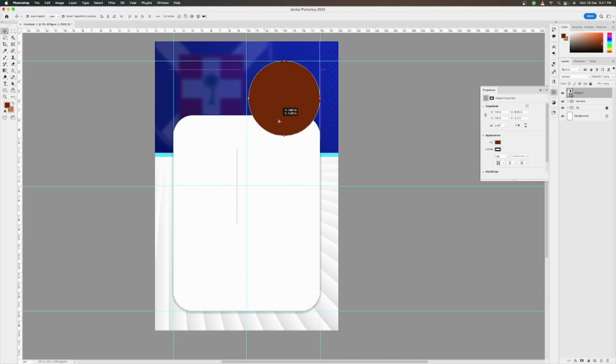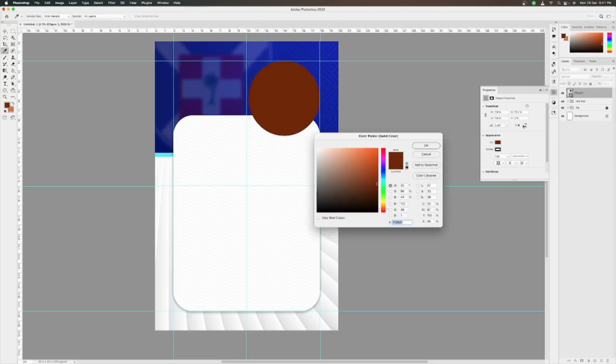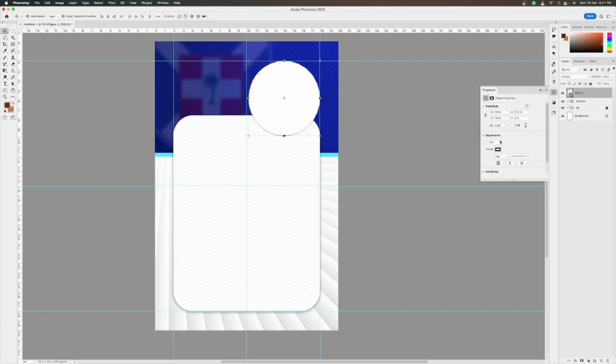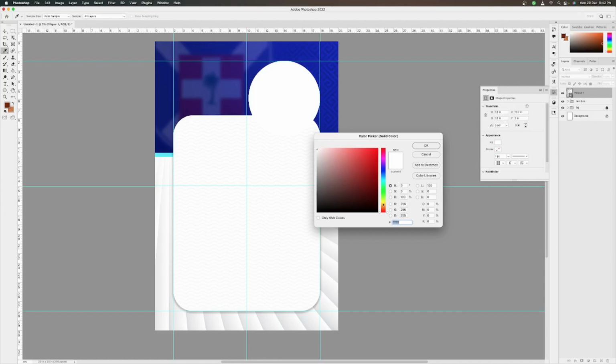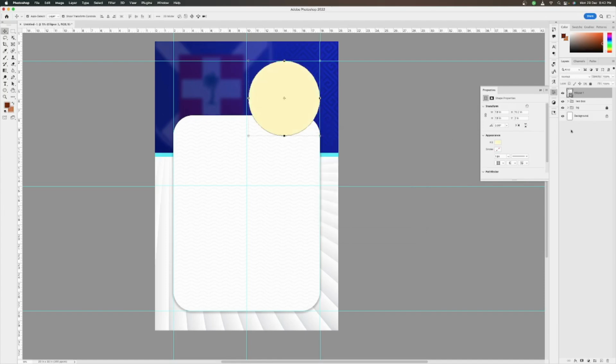This is okay. After the circle, I'm going to change the color to white for now. We'll come back to it. Then let me take off the stroke. Let me use yellow so that we can see what we are doing. Oh, this color here. What I'm going to do now is create a selection of this circle we just did. Then I go to Select,